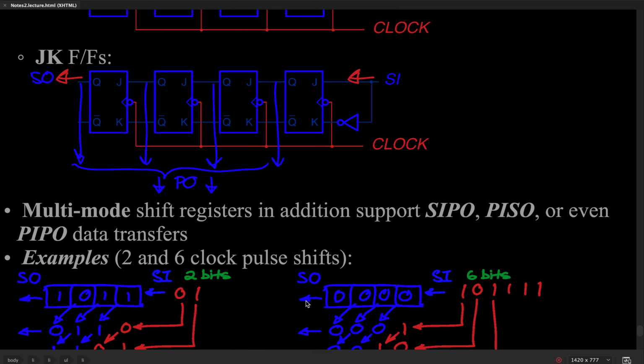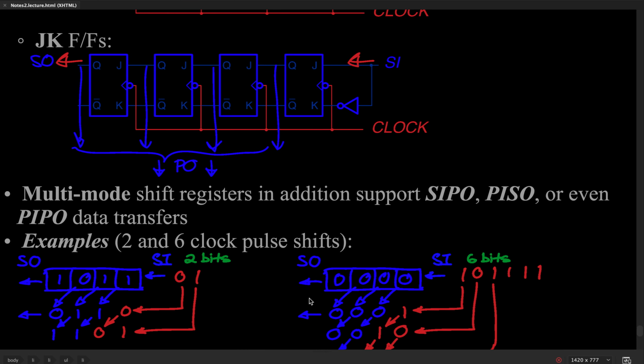Now, beyond that, we can actually have variations of data transfer, such as serial in, bring it in serial, and take it out in parallel. In fact, that's how the internet works. You receive internet signals wirelessly in serial form, and then they are packaged in parallel form to enter your computer